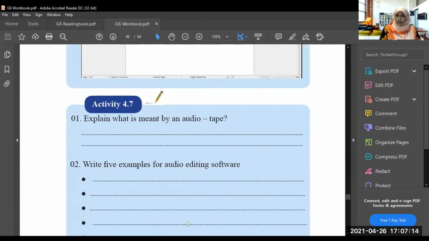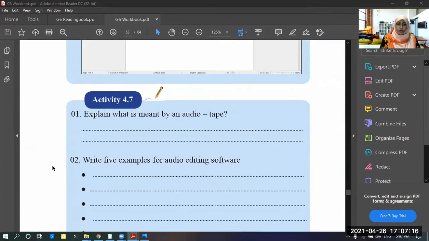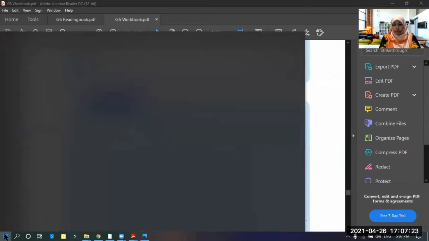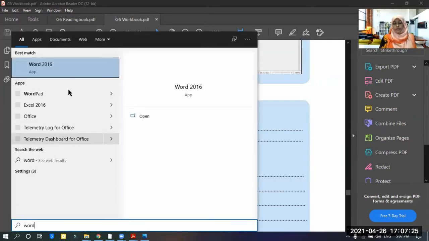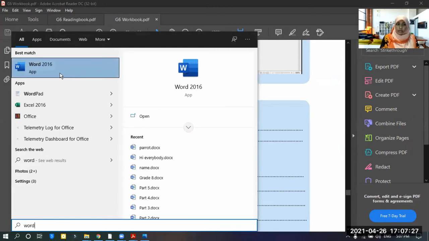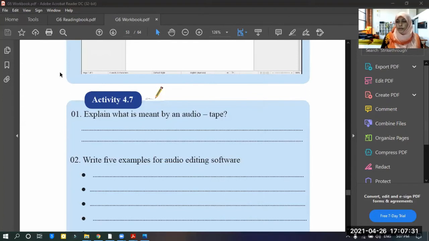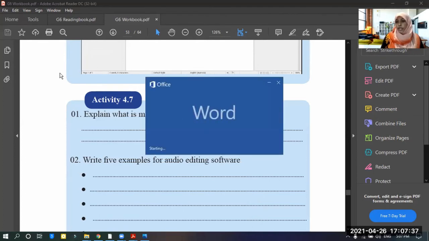You should go to the Start button here. Click on it. Type Word and Word will be coming here. Click on the Word application and it will be opened like this. And an interface will be coming for you.